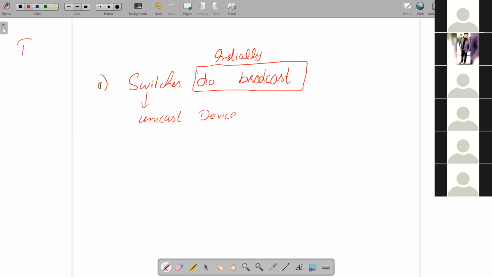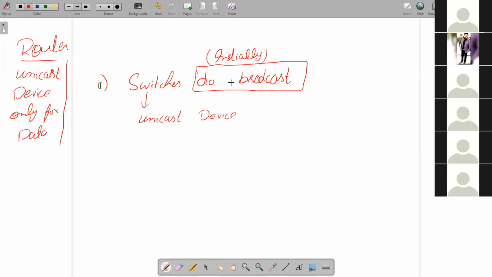Same as we have discussed about the router, that router is a unicast device only for data. In the same manner, what I'm saying is switches do broadcast, initially, in the beginning, but in actual, switches are unicast devices. What does it mean? That means